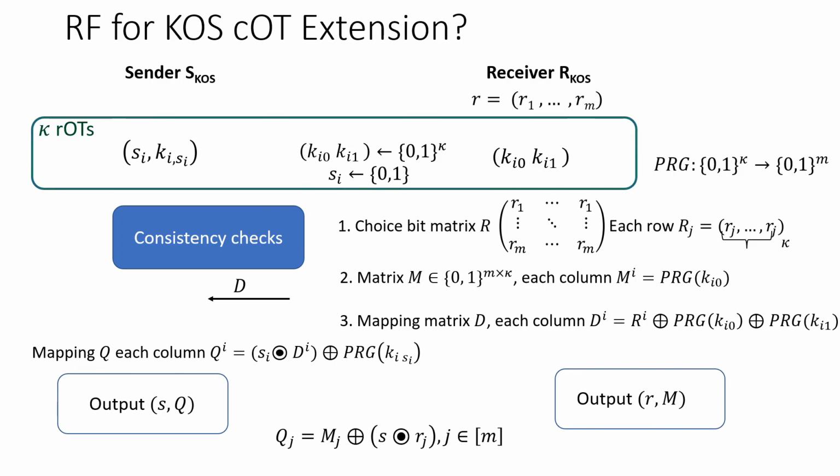So this is the random OT we use here. We also have to take care of other concerns, which is exfiltration via the matrix D and the consistency checks. So here we need some new ideas in order to generate D via coin tossing and have the receiver commit to D and open D together with its response to the consistency check in order to prevent exfiltration. The details are in the paper.